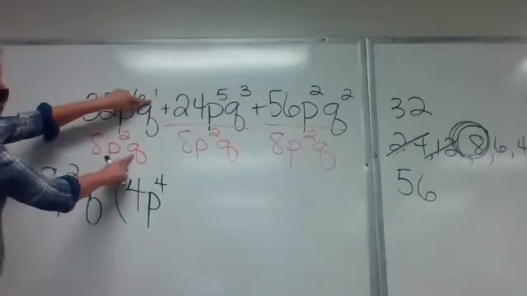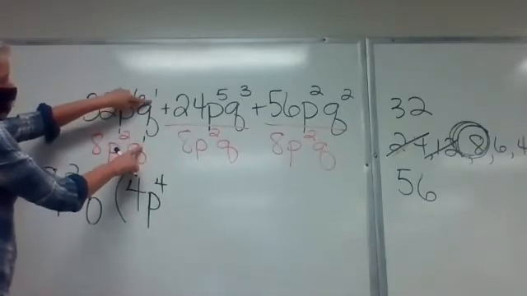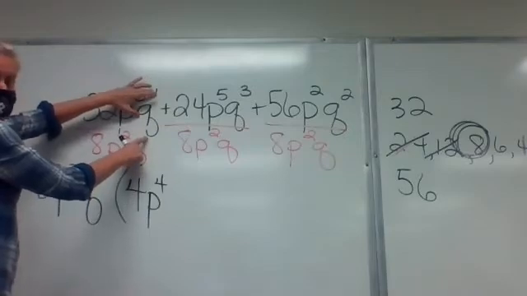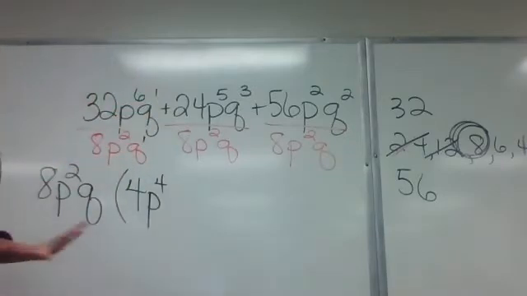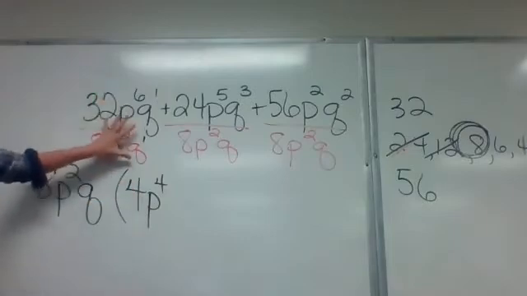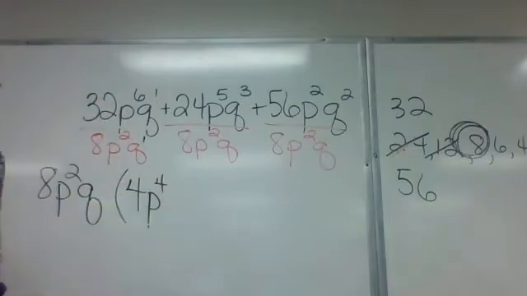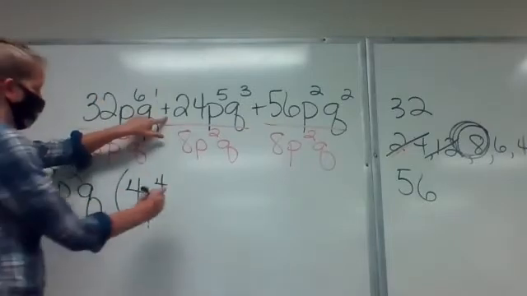And then what happens to your Q's? Since they both have 1 exponent, there's no Q left, right? You had a Q, but you pulled it out. So all that's left from this first term is 4P to the 4th. Plus